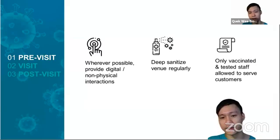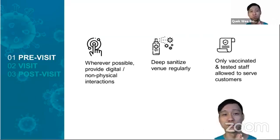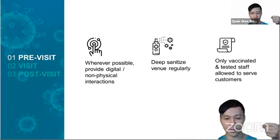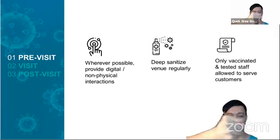For pre-visit, obviously your office or gallery has to be sanitized and, if you can, be as touchless as possible, restricting physical touch. If you have digital sensors or IoT devices, try to install more of these small devices, like facial recognition to enter your premises. Even your office door or your toilet door matters. I read one article mentioning that in Thailand, one of the outbreaks happened because everyone used the same toilet, and the toilet door was the culprit of the spread,